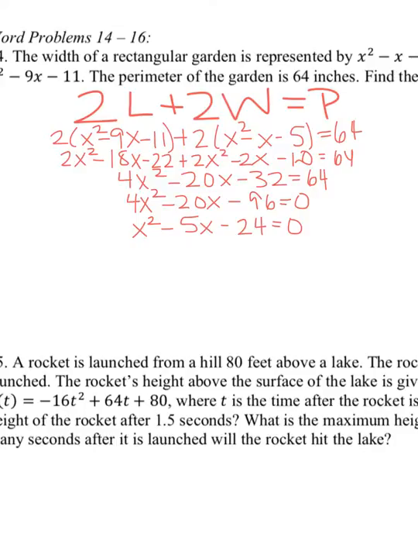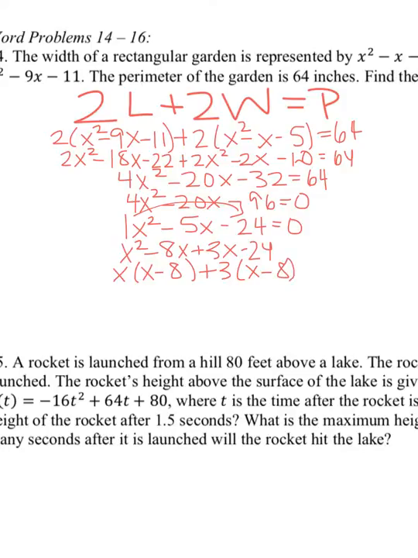I lied. I'm not going to complete the square. I'm going to factor it. So now I need two numbers that multiply to be negative 24, but add to be negative 5. This is x squared minus 8x plus 3x minus 24. So x times (x minus 8) plus 3 times (x minus 8). (x minus 8) times (x plus 3)